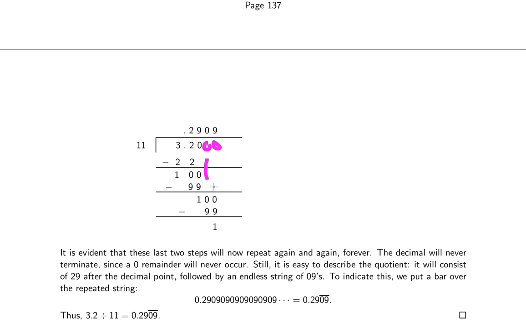This first one, 11 goes into 10 0 times. So this is 0 here. And bring down another 0. Sorry, 11 into 100 goes 9 times. That's 99. Remainder 1. So you can see this pattern is going to keep repeating with the next